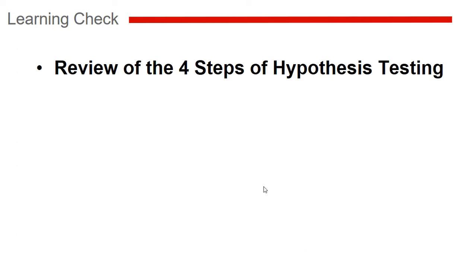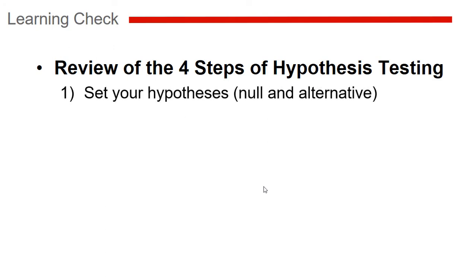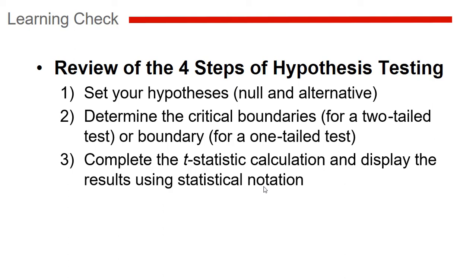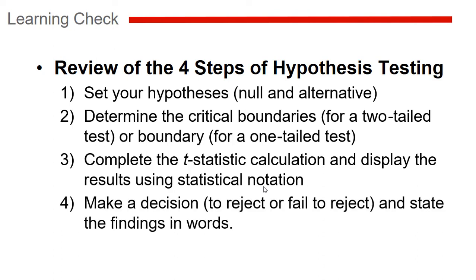So let's review the 4 steps of hypothesis testing, and this will help you out quite a bit with your special assessment. The first thing you're going to do is set your hypotheses, your null and your alternative hypothesis. The next thing you're going to do is determine the critical boundaries for a 2-tailed test or boundary for a 1-tailed test. You're going to complete the t-statistic calculation, and you're going to display the results using that statistical notation I showed you a couple slides ago. And then you're going to make a decision. You're going to either reject or fail to reject the null hypothesis,